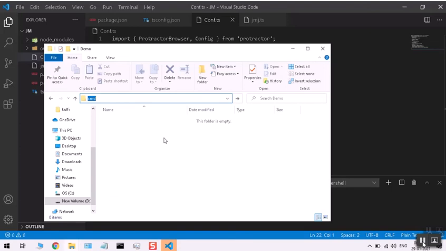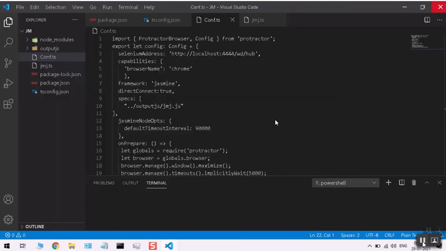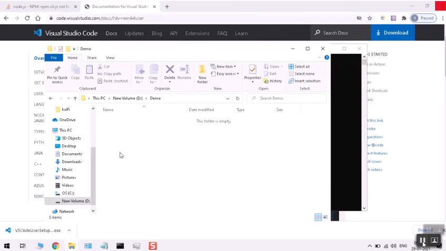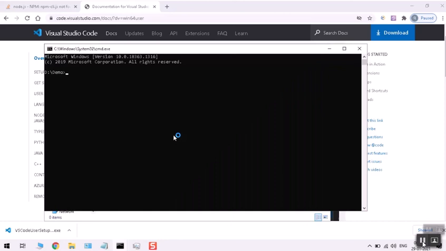Then we will get into command prompt. So we have landed in command prompt.